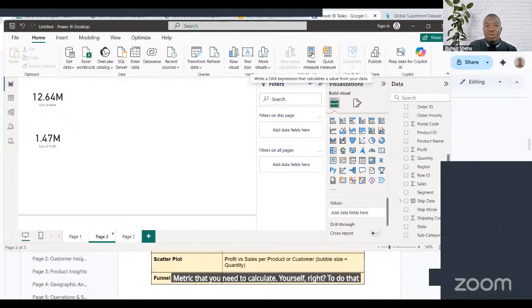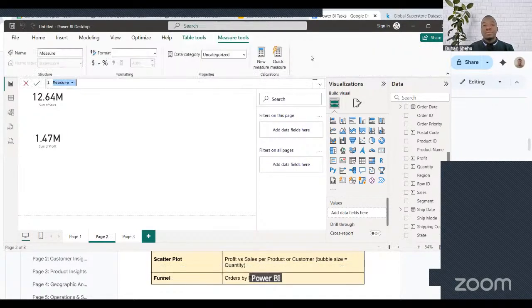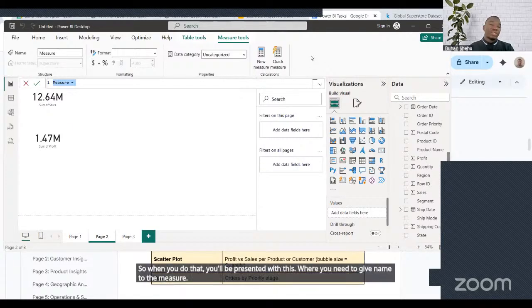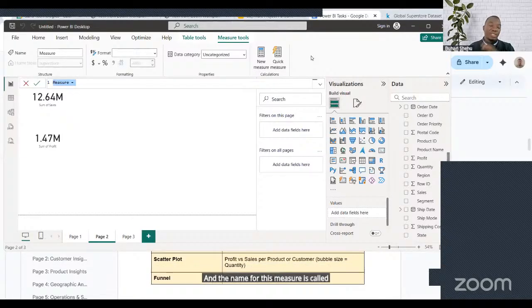Right? To do that, you come here where you click new measure. I know we haven't treated measures for now, but it's just a way of doing calculation in Power BI, similar to how you do calculation in Excel. When you do that, you will be presented with this where you need to give a name to the measure. The name for this measure is called profit margin. And we know that our profit margin is equal to